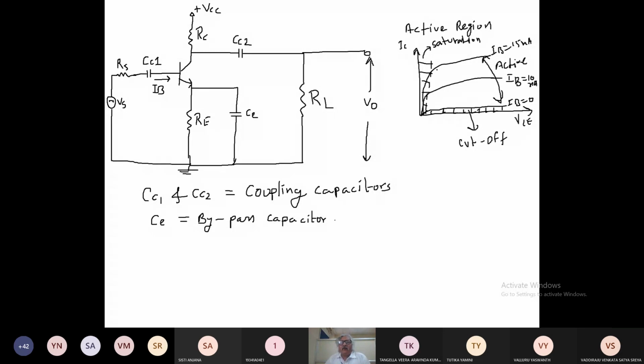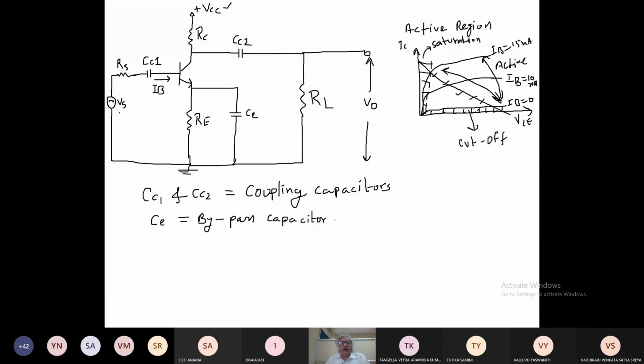So to make your transistor operate in the active region, because if it comes into the cutoff region then the transistor will be off, right? So to operate your transistor in the active region, you have to do the biasing. This is the DC load line, so that your operating point should move in this region only. For this, we are using this VCC. So the purpose of VCC is only this.